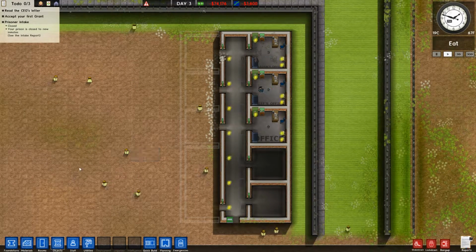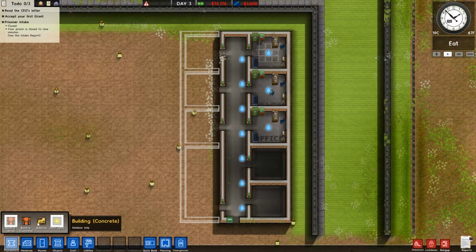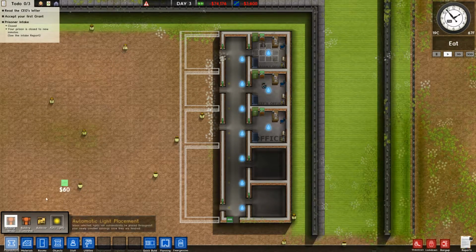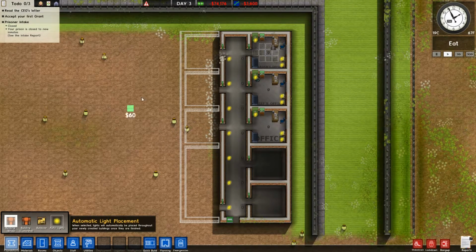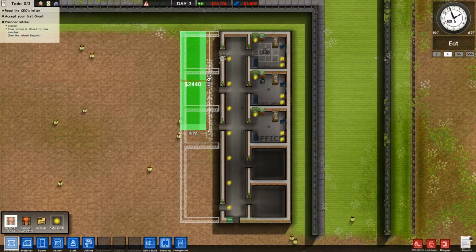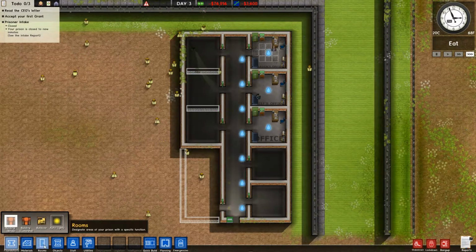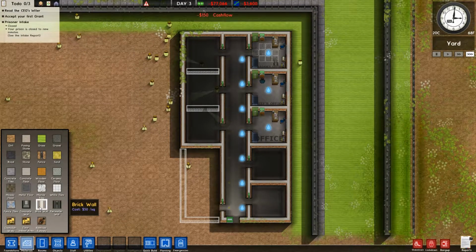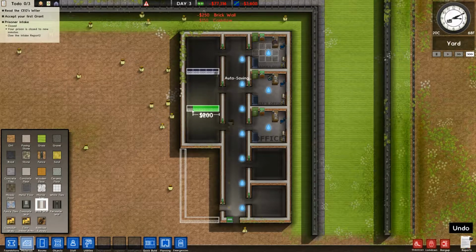Now we will continue with building the rooms for the water and the power supply, and also building the staff room. I'm first going to start with the water and the power supplies. Again, I'm going to build with bricks and turn the outer light off. I'm going to select the foundation I want to build on. Now it's the same as for the offices. I have to put in the walls between the different rooms,